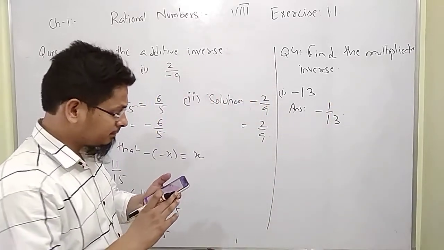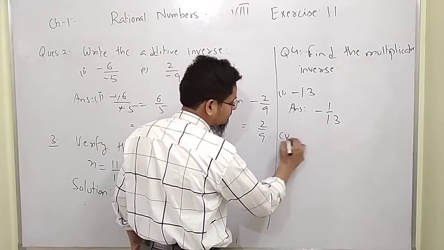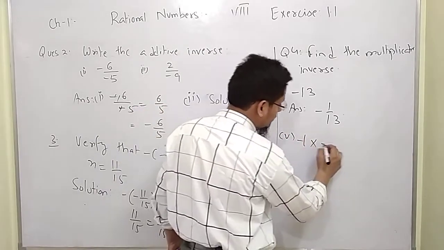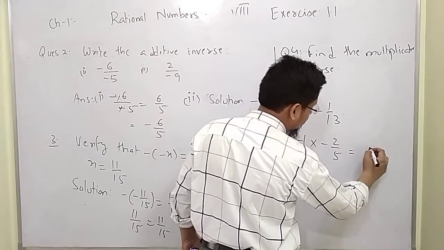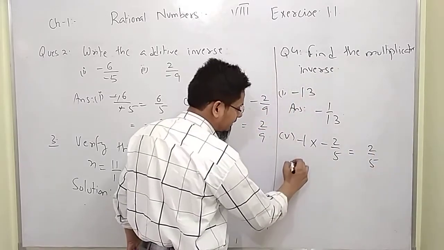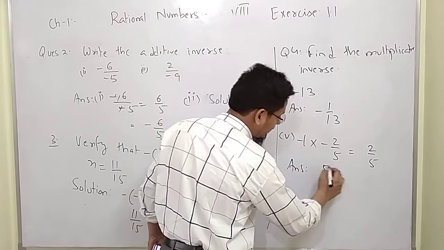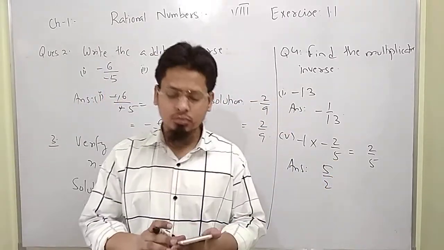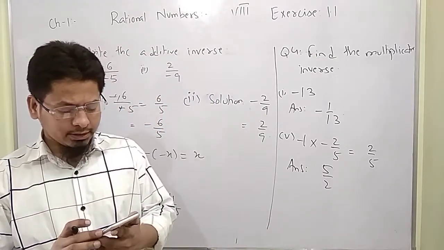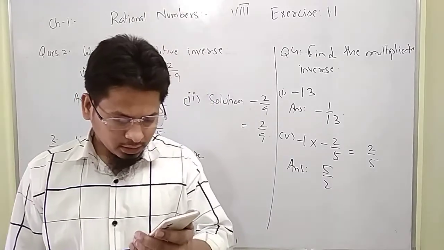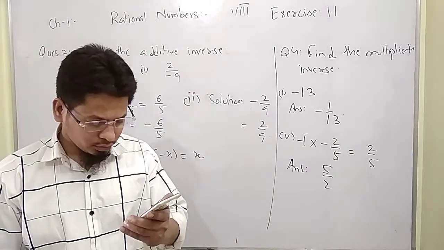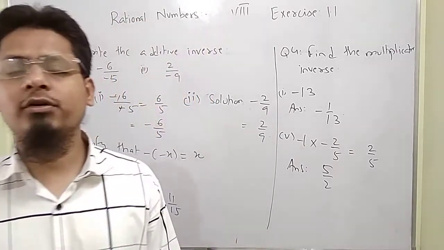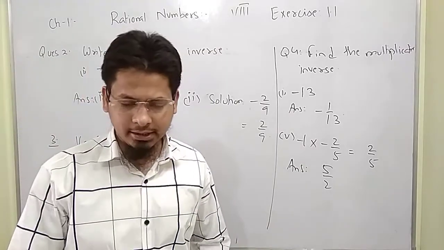Next, the fifth is 1 into minus 1 into minus 2 upon 5. So it is minus into minus, 2 by 5, and the answer is 5 by 2. Right children? 1 and 5 I have done. Some others you do, try on your own. Name the property under multiplication used in each of the following. Some few questions are given there and we have to tell which property is applying, right?